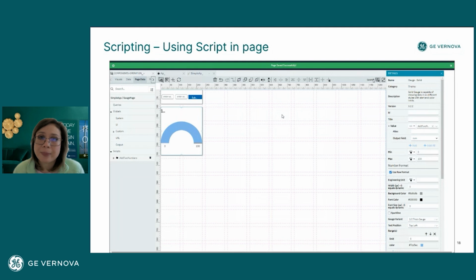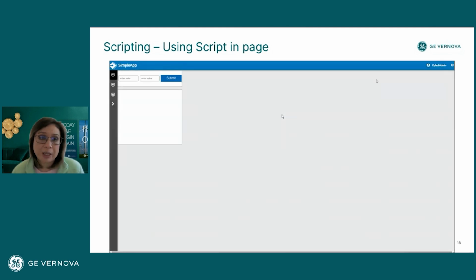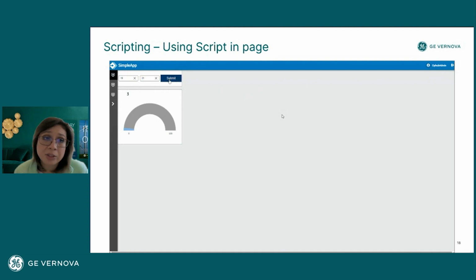All right. So with that, you can go ahead and save, and then you can launch your end application. So as expected, you have 2 text fields. Remember, these are tied to 2 globals. When you enter those values and you hit submit, the script runs in the background. It takes the 2 values that were entered into the text field, feeds it into the script, runs the script, and provides the output, which is now mapped to your